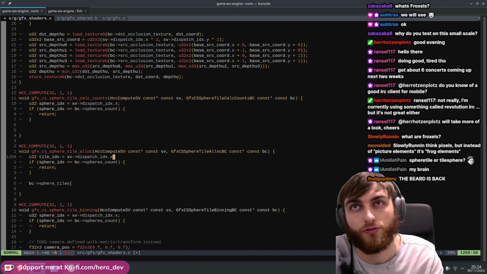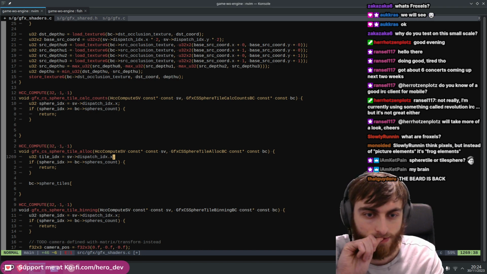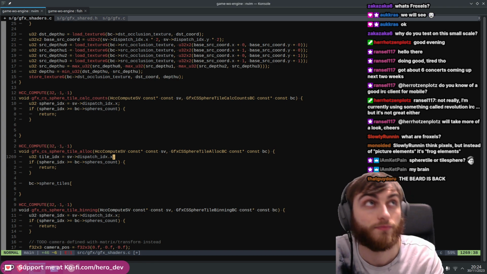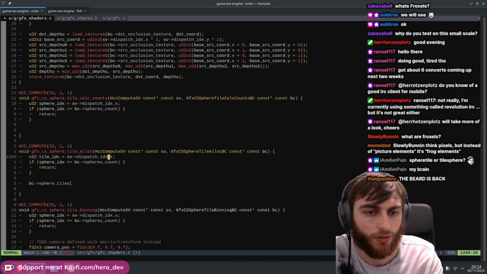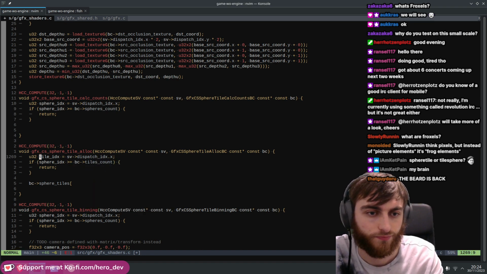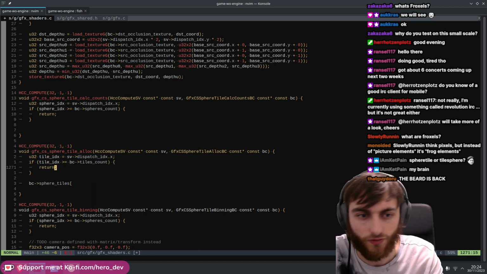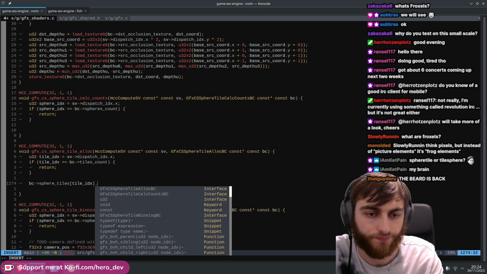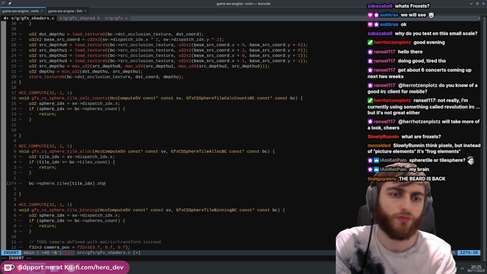We can launch it 2D, then you have to flatten it out anyway. Yeah, let's just do 1D, it's fine. So you get a number of tiles. If it goes out of bounds, then just end it. Tile index dot spheres start index